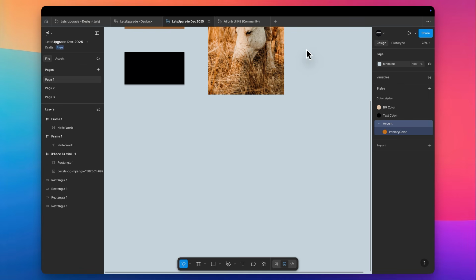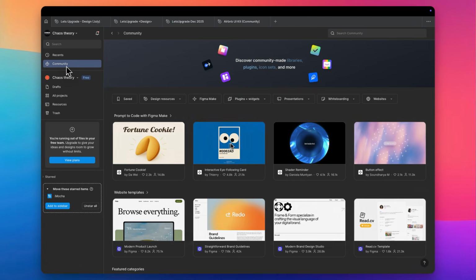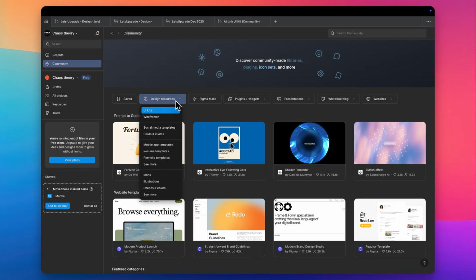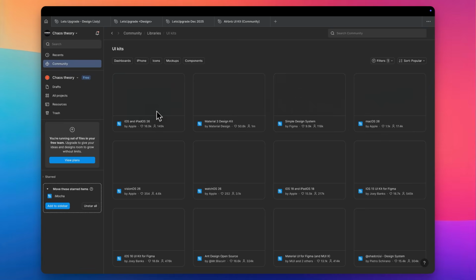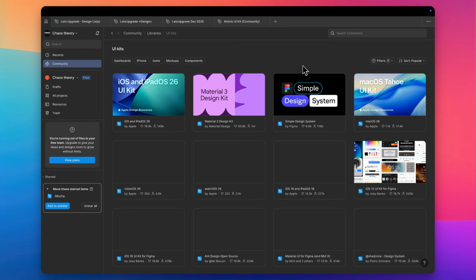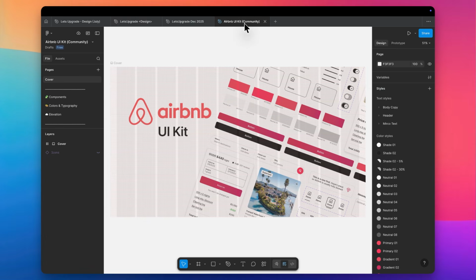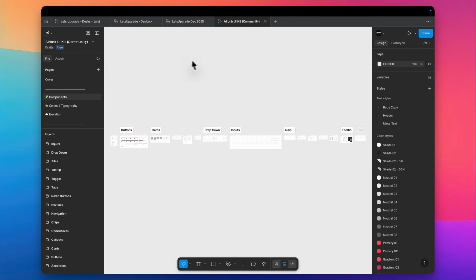Now let's understand how community works on Figma. So basically, I'm just going to select UI kits over here, and actually I had selected it, and I found Airbnb's UI kit. So let's just go through this once to understand what an extensive library looks like. So for example,